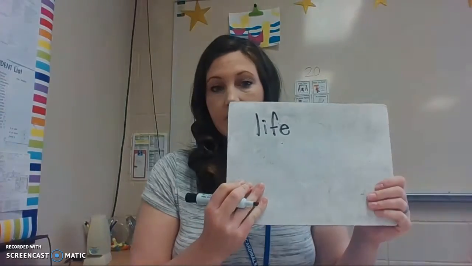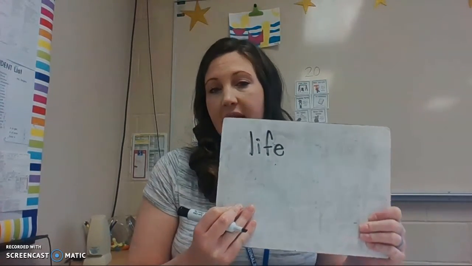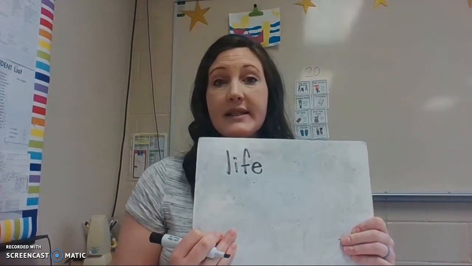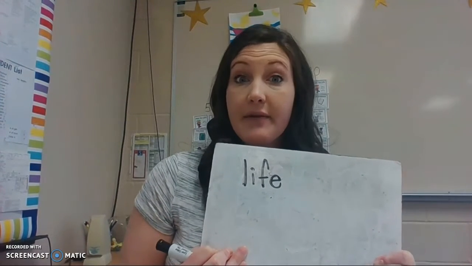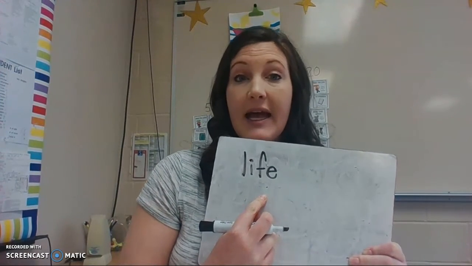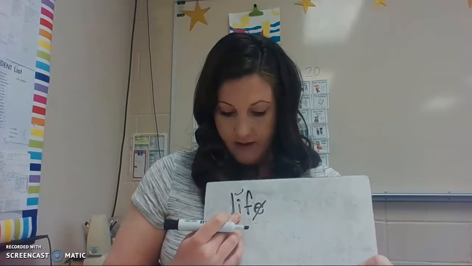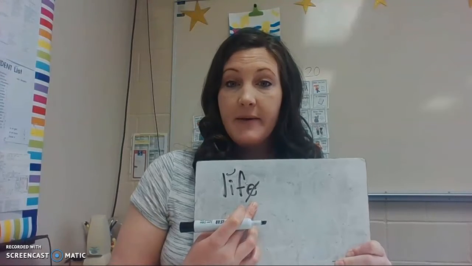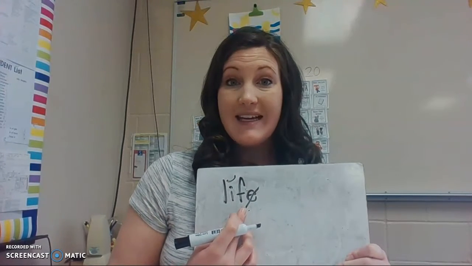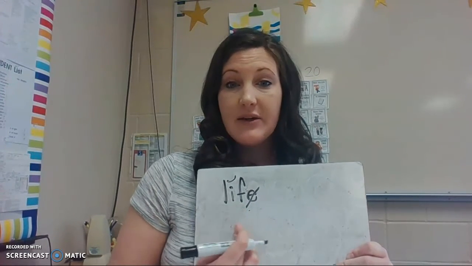We're going to continue to talk about putting two words or syllables together to make a longer word. The first word I'm going to give you is life. Now, the reason this says life and not lif is because we have the bossy E. Anytime you see a vowel, consonant, E, that is going to make the first vowel say its name. We have the bossy E. So life,